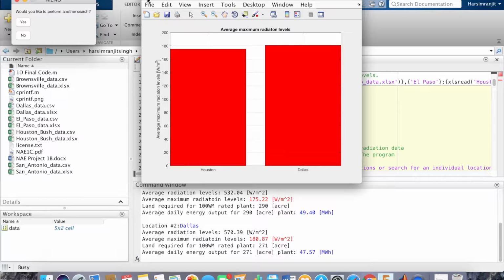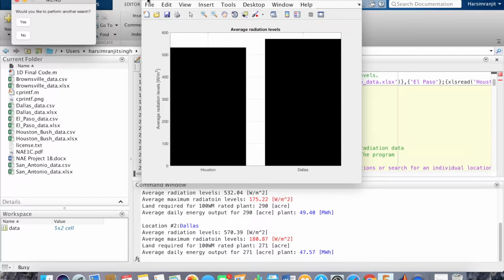And as you can see, Dallas's number is higher, so the maximum radiation on the right-hand side is much higher than Houston's. And on the third, average radiation level, the maximum is 600, and on the left-hand side we have Houston. On the right-hand side we have Dallas. As you see,